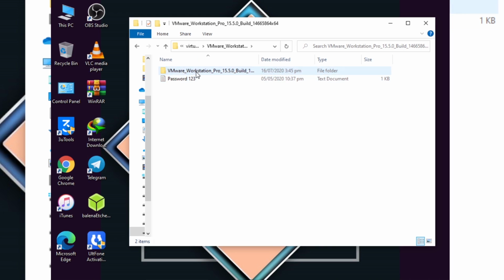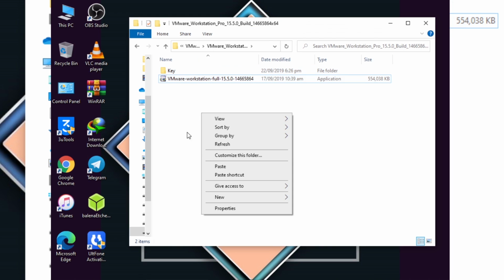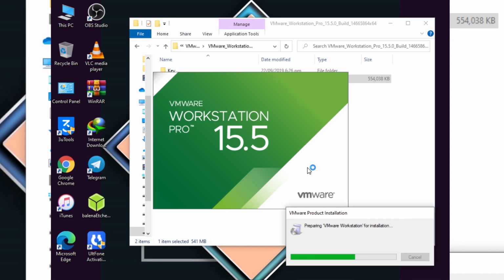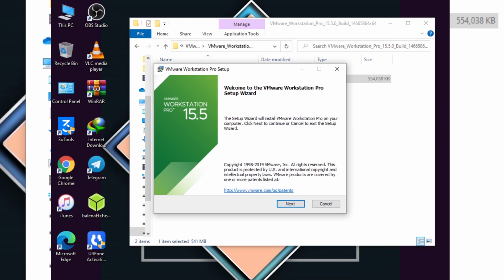We are going to open this software, and I'm going to show you the whole process. Look at this video very carefully. So let's now click on it and open it. As you can see, it looks like this, and this is the interface of this VMware virtual machine, and this is how it gets opened.